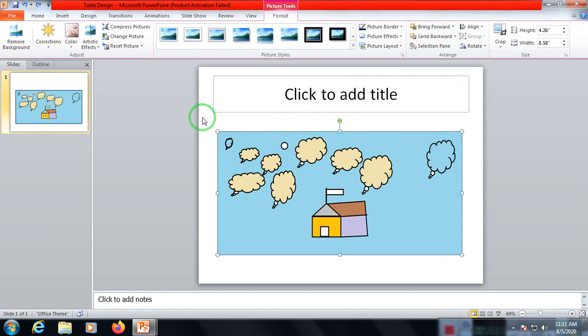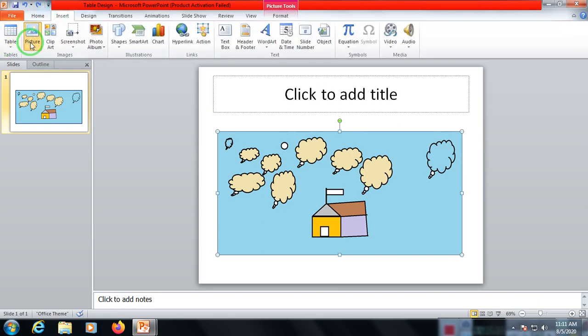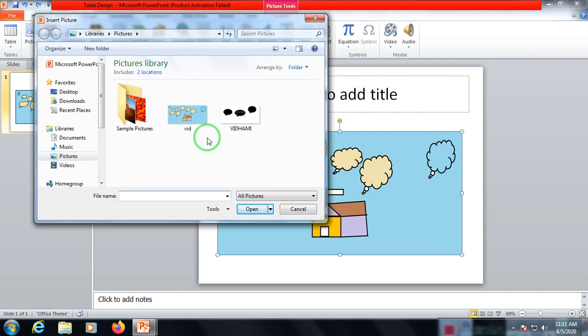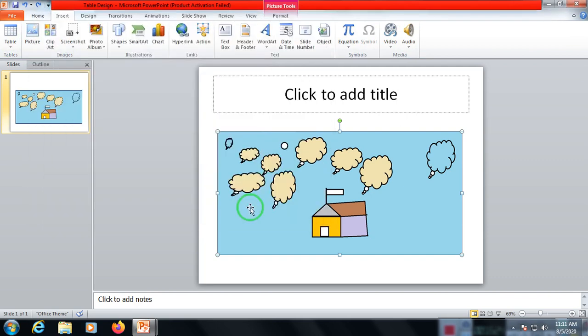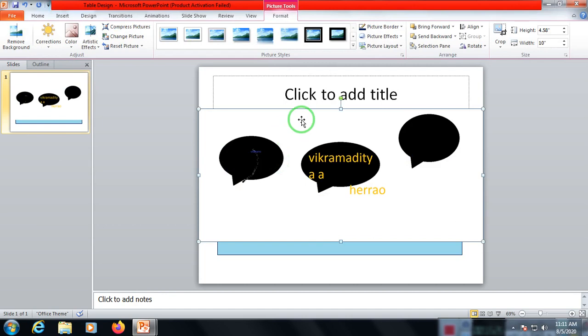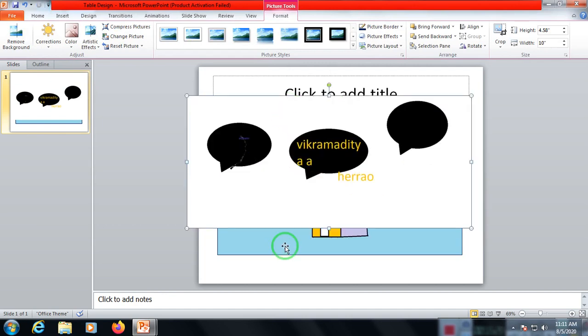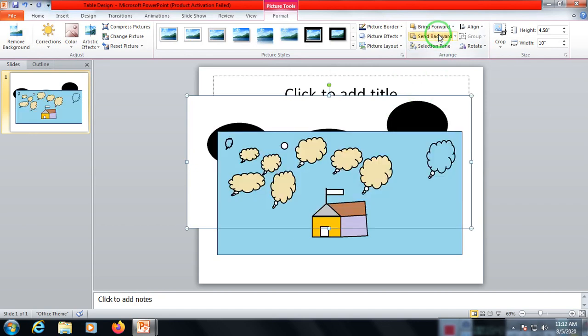If suppose I have two pictures, I'm inserting one more picture over here. Insert picture, suppose there it is, insert. Now I have two pictures. One picture is in the back side and one picture in the front side. If suppose I want to change this picture, right now this is in the front portion, a forward portion, I want to send it backward, so I'll say send backward. So this picture will be sent backward. Backward means पीछे की तरफ, forward means आगे की तरफ.